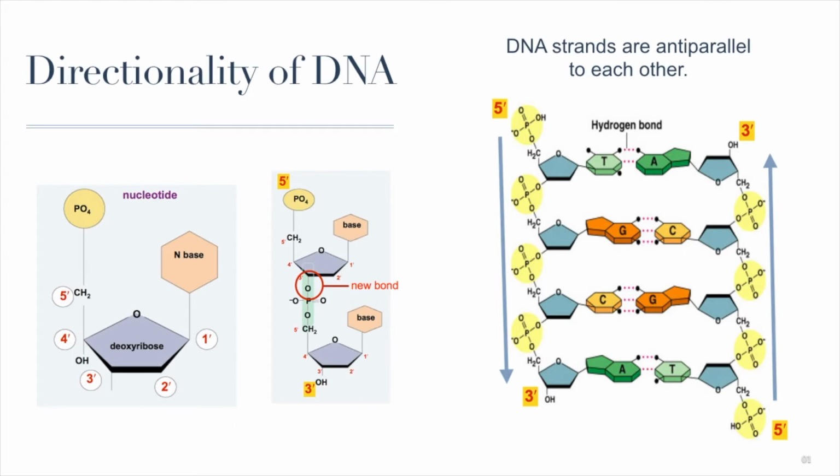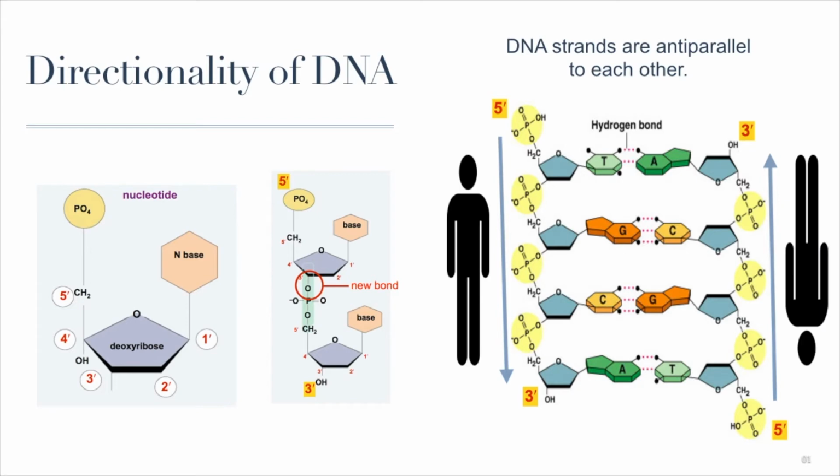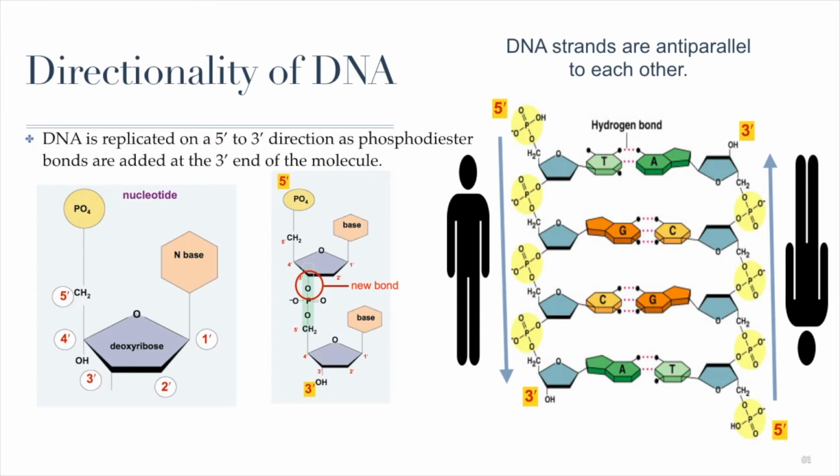So whereas one strand of DNA would run in the 5' to 3' direction, the other strand, its complementary strand, would run anti-parallel in the opposite 3' to 5' direction. I always like to picture it almost like a person lying down and another person lying down right next to them, as if they were lying down head to toe. And so DNA replication depends on this directionality because DNA is always replicated in a single direction,